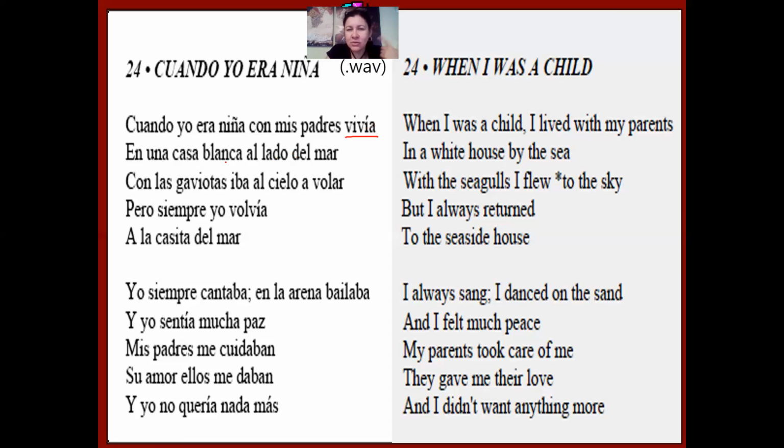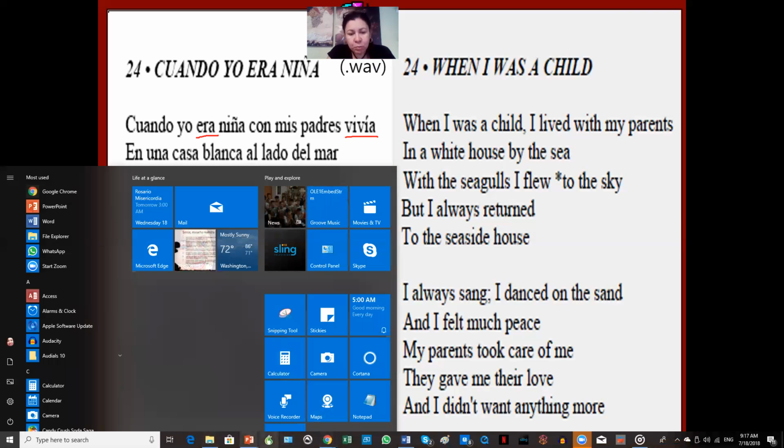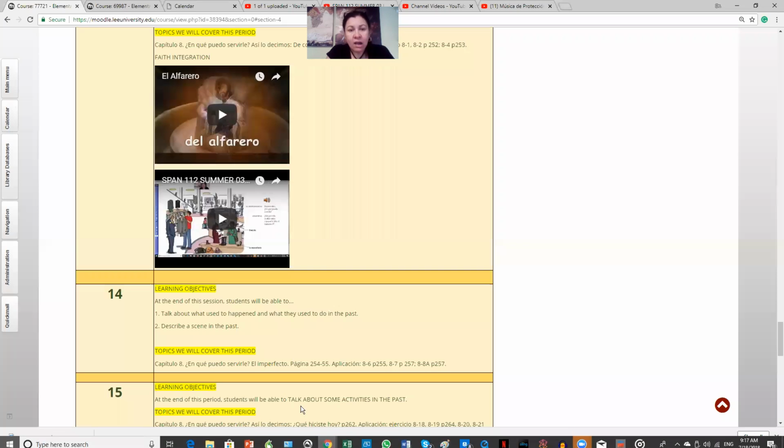Vivía, so you get a hint of what the tense looks like. See? Vivía, era, iba, volvía, cantaba, bailaba, sentía, me cuidaban, me daban. These are reflexive constructions, but those are the aba, ía endings for the imperfect. And this is part of what we're gonna study now